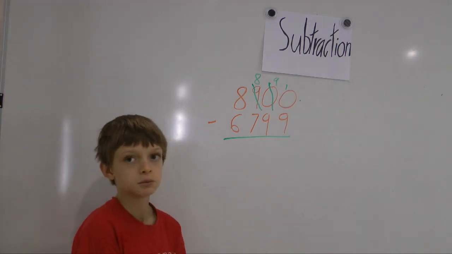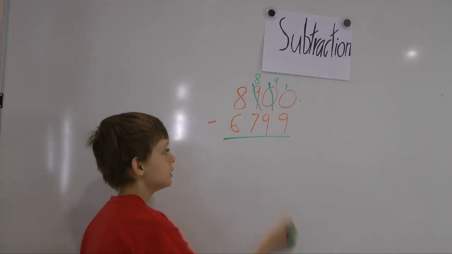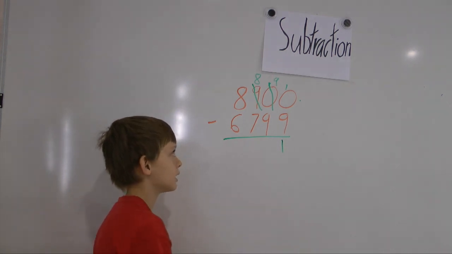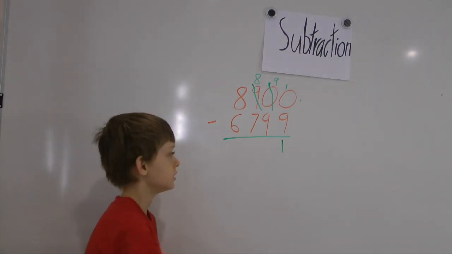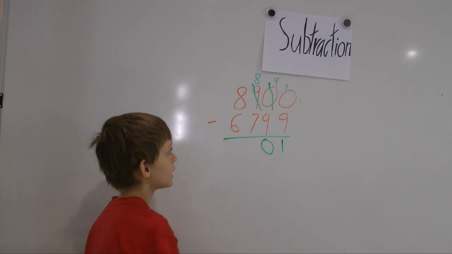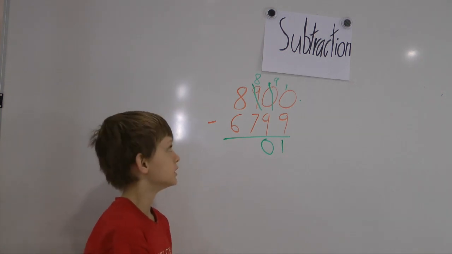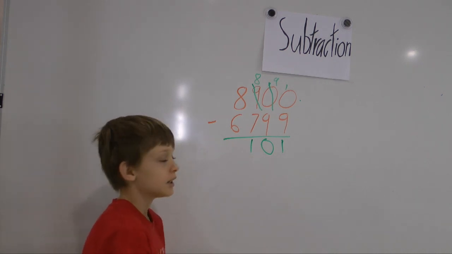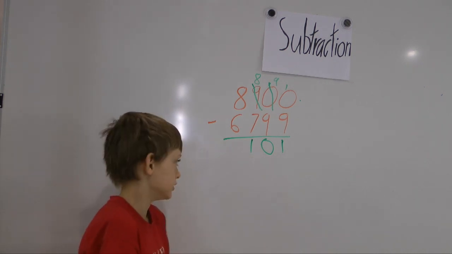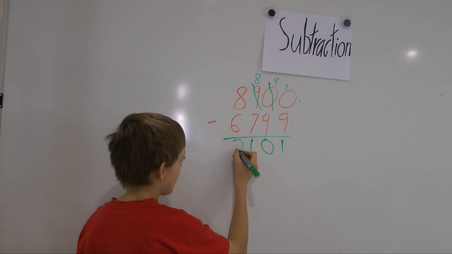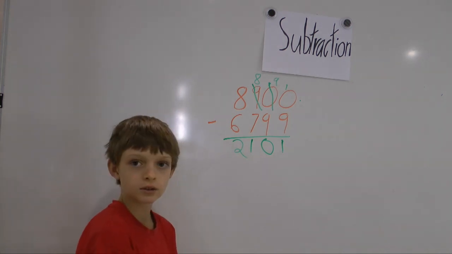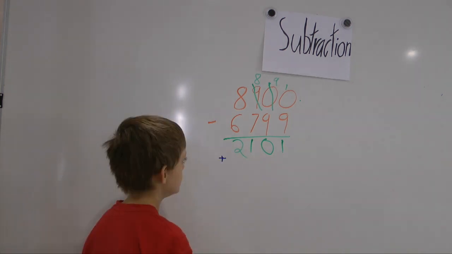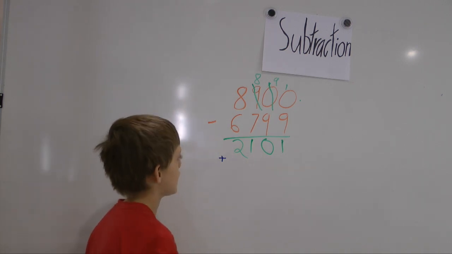Now you do 10 minus 9, which you now can do, which is 1. Now 9 minus 9 is 0. 8 minus 7 you can do, it is 1. And 8 minus 6 is 2. So our answer is 2,101. So to make sure we did it correctly, we do